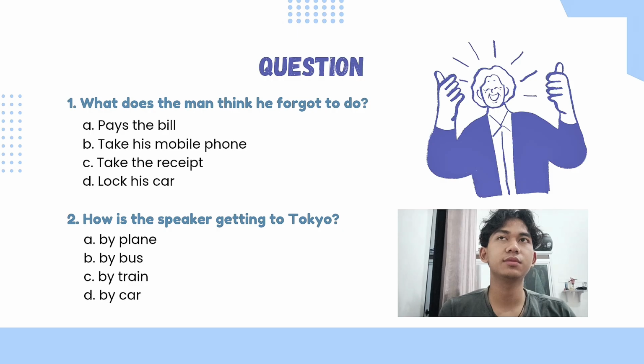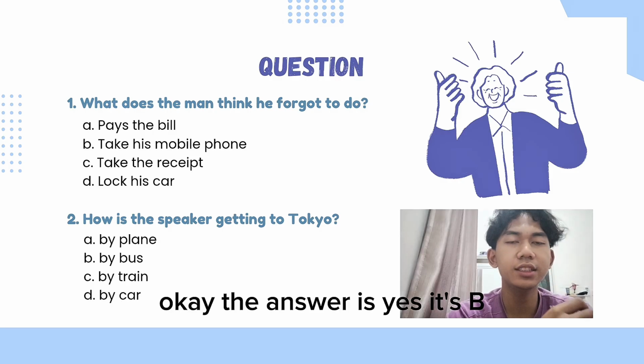Let's go. Number 52. Oh no, I don't remember where I left my mobile phone. You brought it from the car when we went into the restaurant. Okay. Maybe I left it at the cash register when I paid the bill. Number 53. Why don't we just rent a car for this trip? Tokyo is only 3 hours away. That would be more interesting than flying or taking the bus. The train would be faster, but driving is more fun.